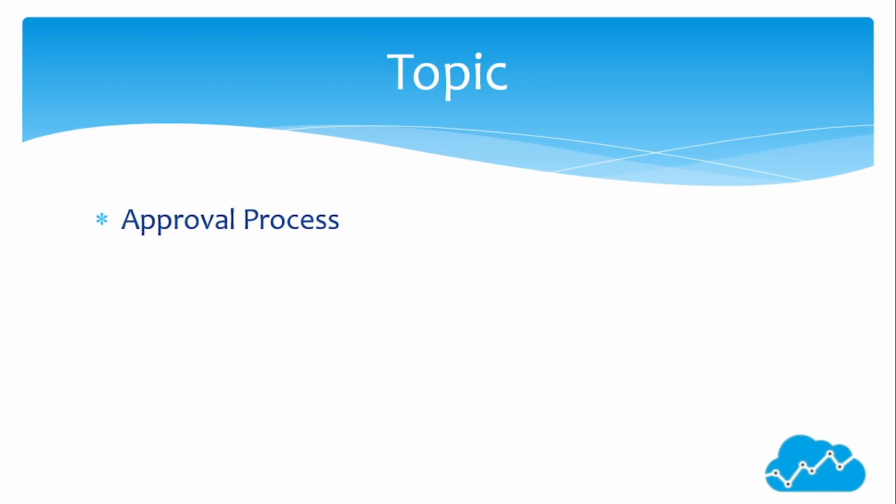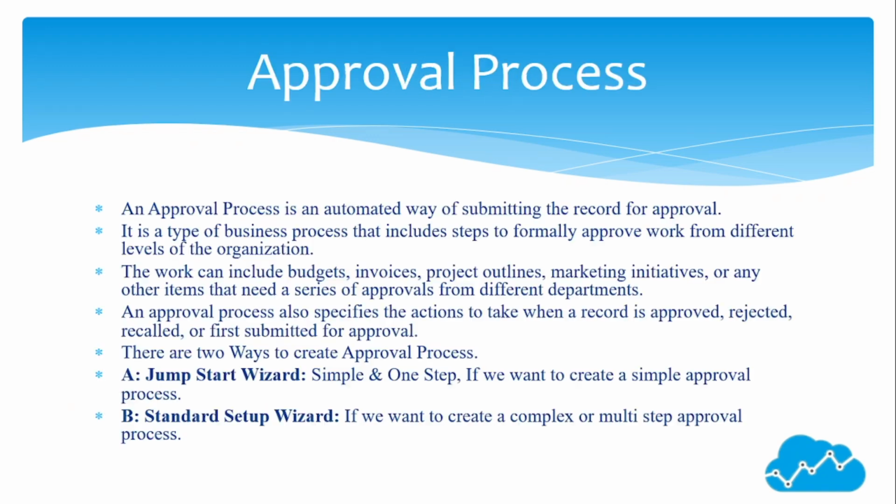Topic we are going to cover in this session is the approval process. An approval process is an automated way of submitting a record for approval. It is a type of business process that includes steps to formally approve work from different levels of the organization. The work can include budgets, invoices, project outlines, marketing initiatives, or any other items that need a series of approvals from different departments. An approval process also specifies the actions to take when a record is approved, rejected, recalled, or